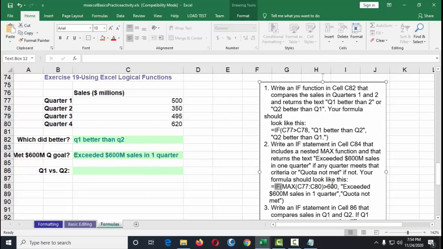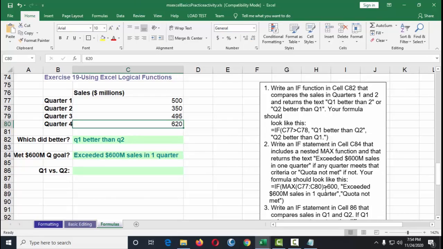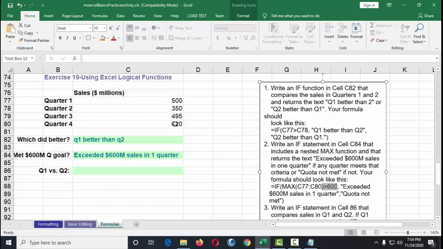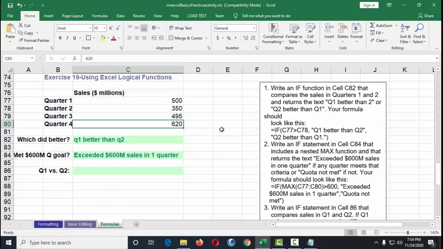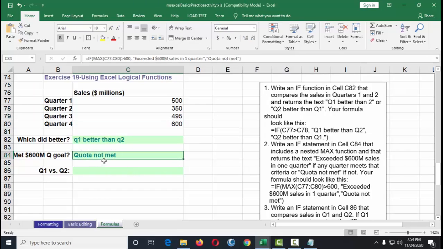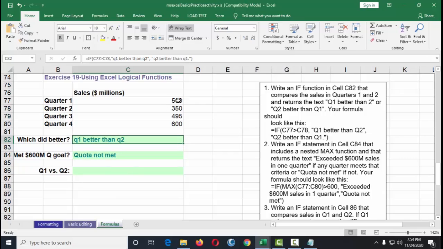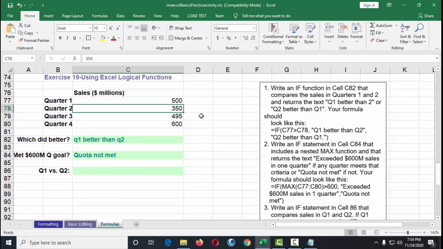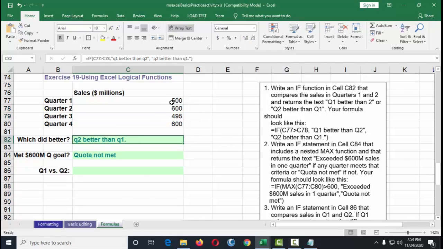Otherwise, let's try to change this. Because the argument is greater than 600, let's change this to 600. There. It changed to quota not met. For this one, let's change this to 600. Okay, Q2 now is better than Q1.